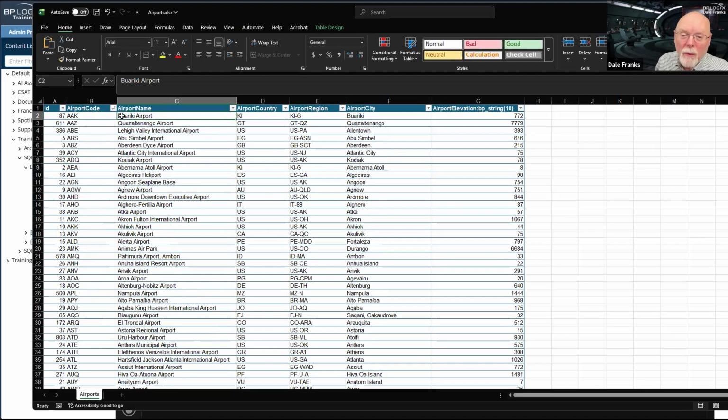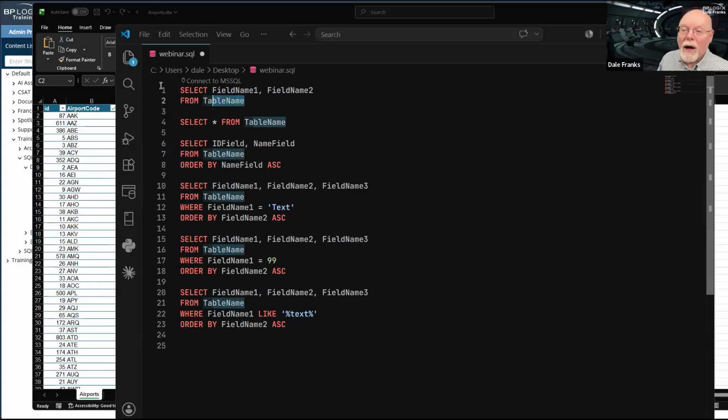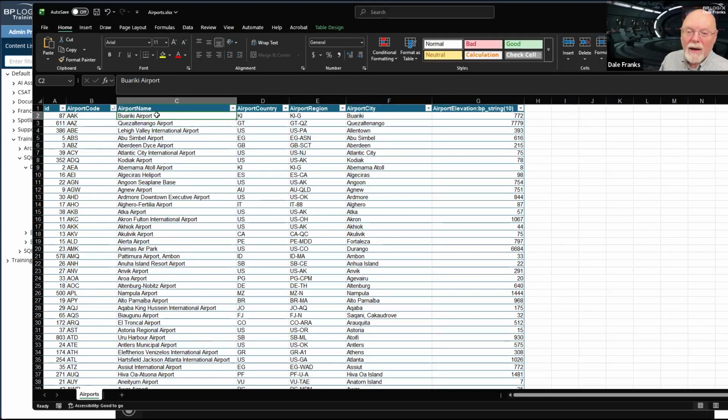When I'm looking at my dropdown and it pulls the data, all I've done is run this command. I've just grabbed the ID and the airport name. So this is the sort order that is going to appear in my dropdown whenever users look at it.